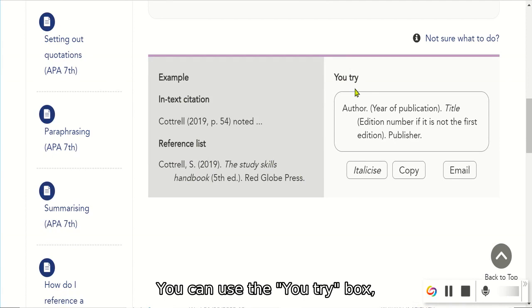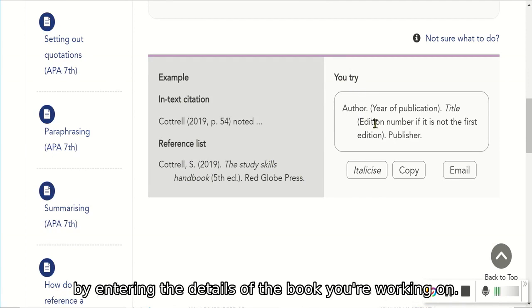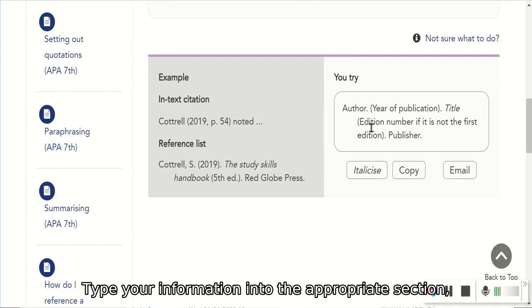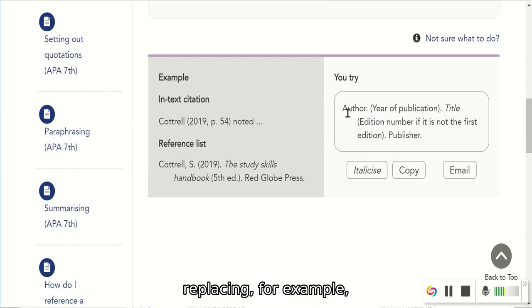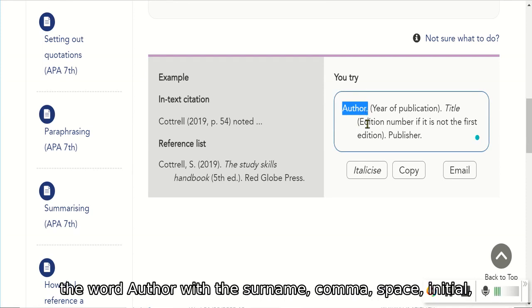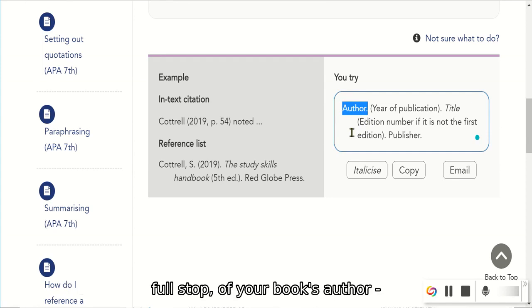You can use the You Try box on the right to construct a reference by entering the details of the book you're working on. Type your information into the appropriate section, replacing, for example, the word author with the surname, comma, space, initial, full stop of your book's author in the same format as the example.